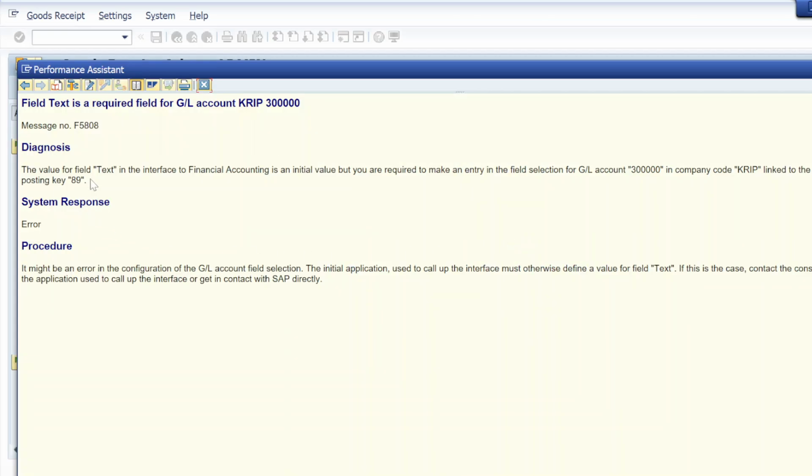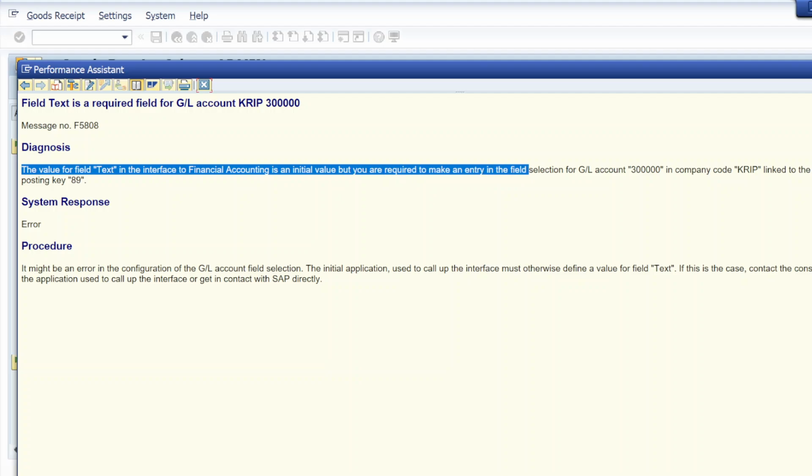The value for field text in the interface to financial accounting is an initial value, but you are required to make an entry in the field selection for the GL account in company code KRIP linked to this field selection for posting key 89.